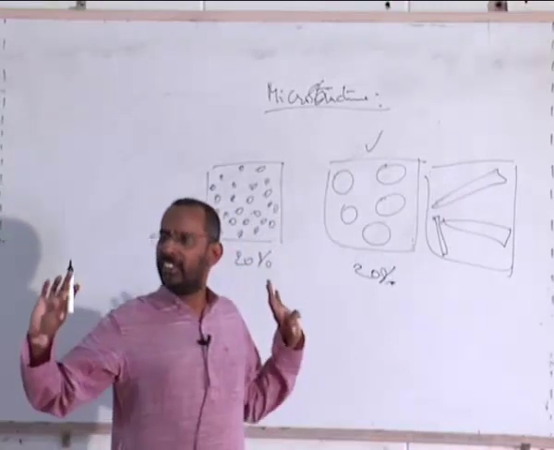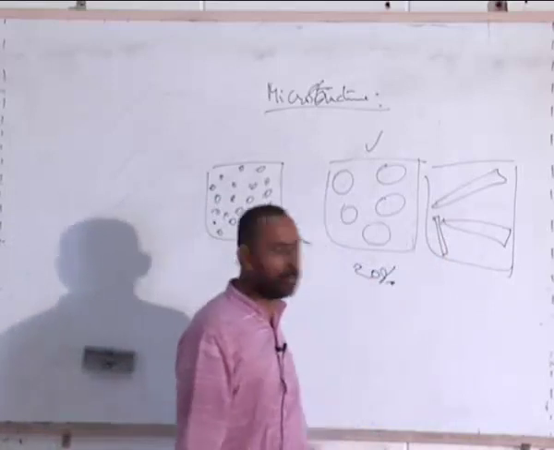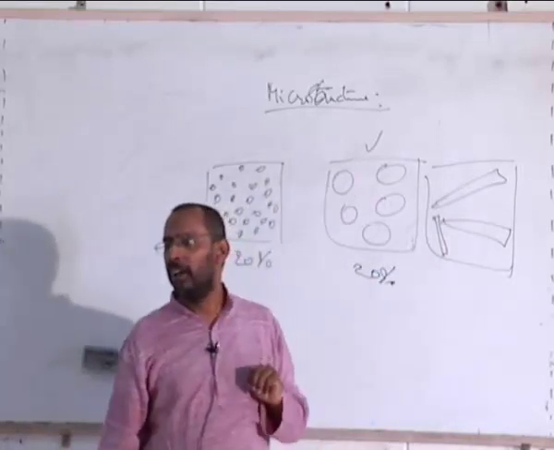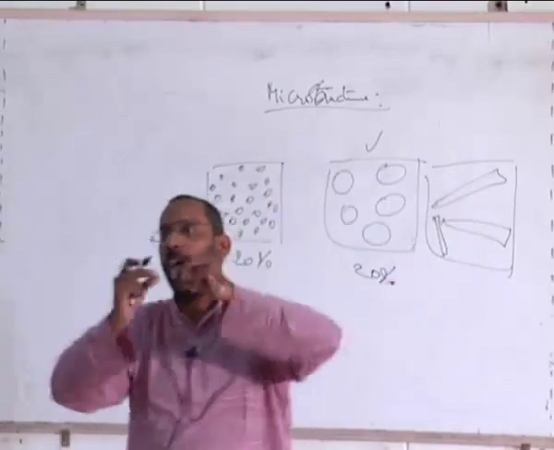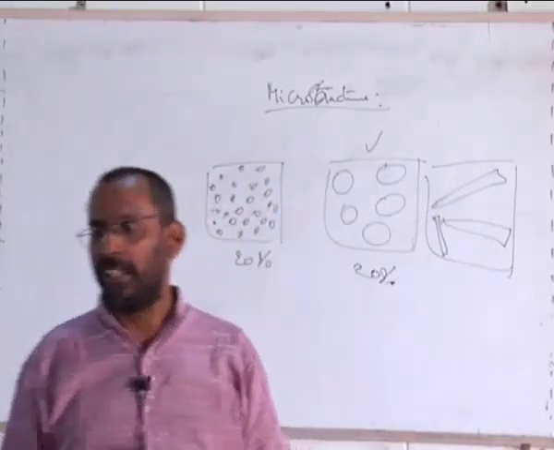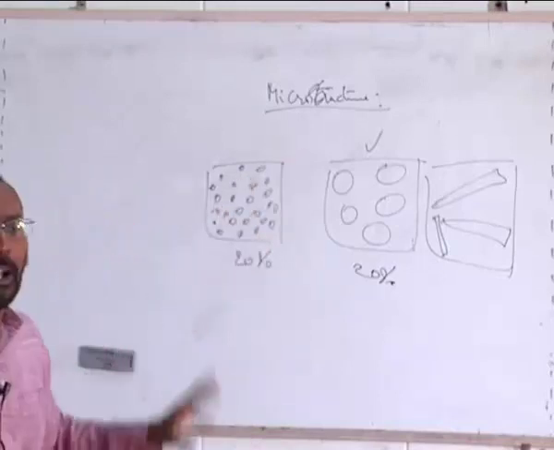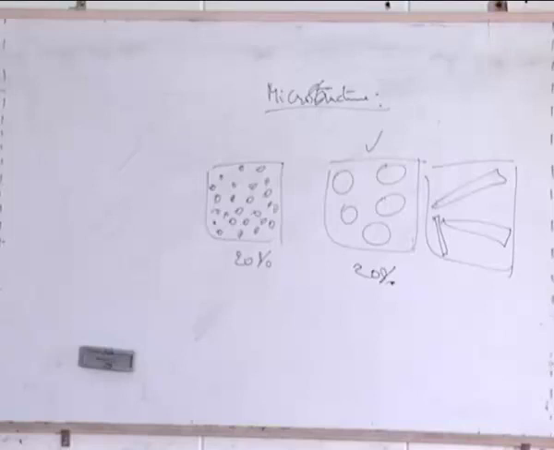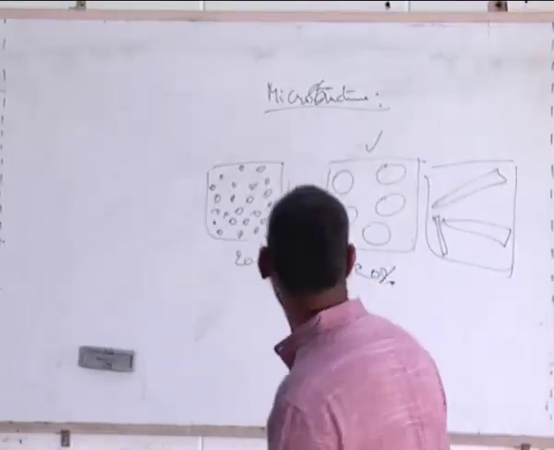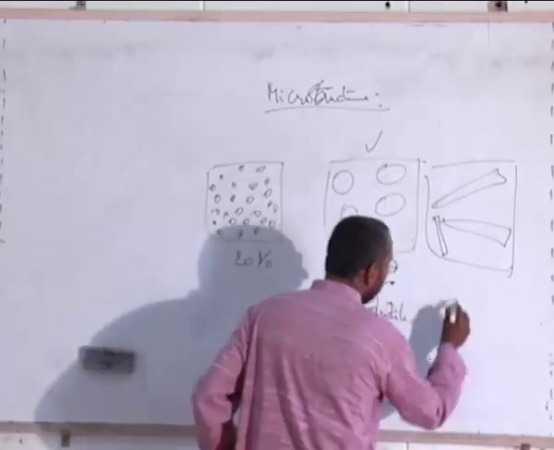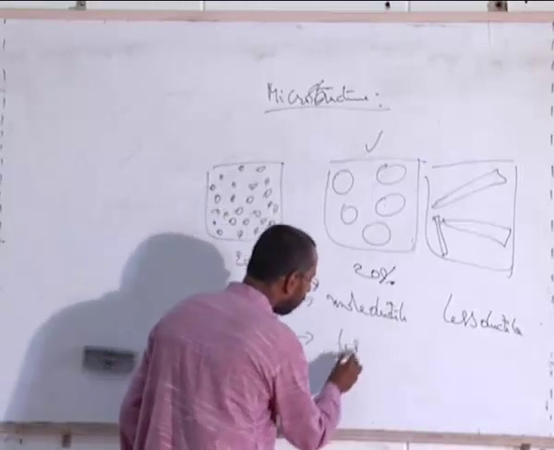Incidentally, you will see that this alloy will have higher ductility than this alloy. Same second phase, this is also, let us say, Al2Cu, this is also Al2Cu. The matrix is aluminum here, the matrix is aluminum here. But here it is elongated, randomly arranged acicular particles, needle-like particles. Whereas this is spherical particles. The spherical particles will have higher ductility. Why? Anybody knows? The strength may be same actually, but the ductility will be more here. More ductile, less ductile. And you may be surprised if I say this is less tough, more tough.